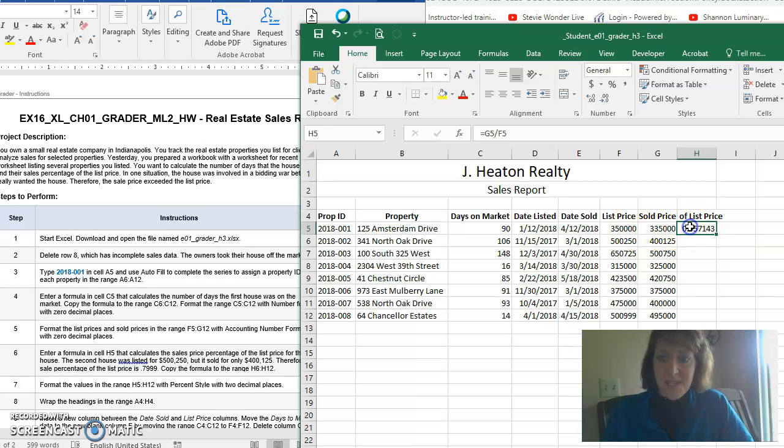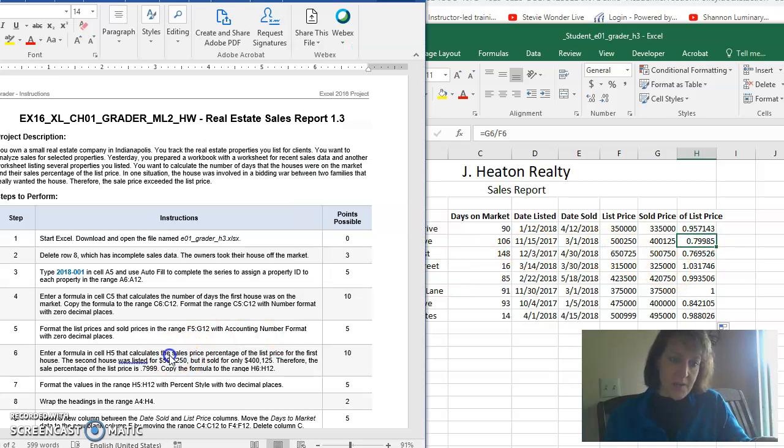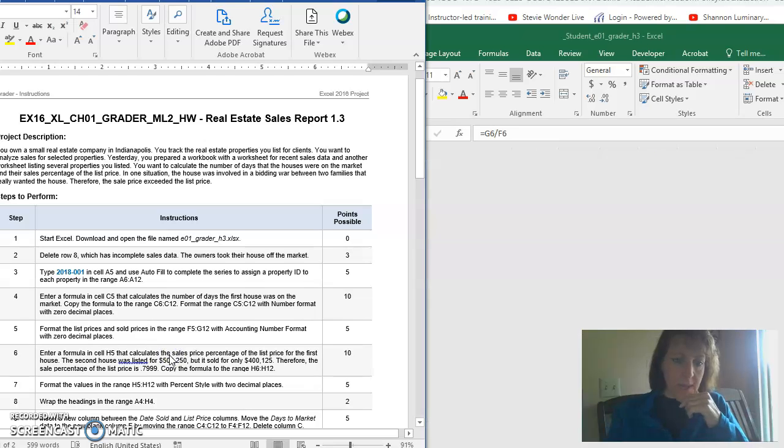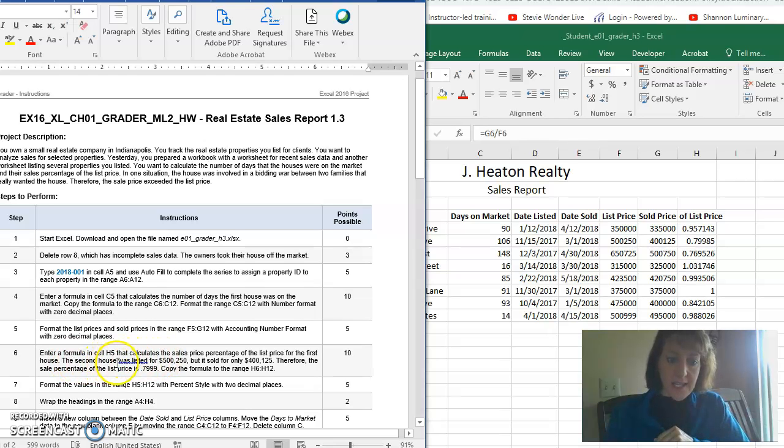Now step 6 says to autofill this down the column. So I'm going to move my mouse to the autofill little square, double click, and fill that in. I'm going to take a look at the second house, because back in the instructions, which I'm going to display here on the screen, it also says the second house,